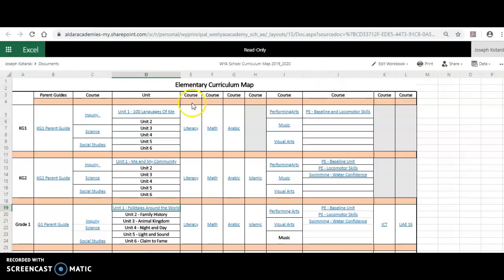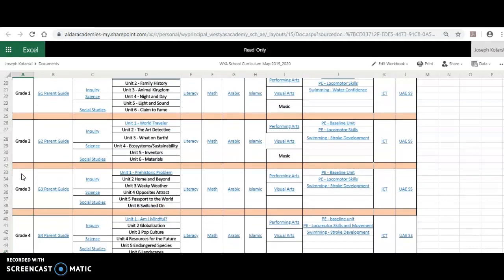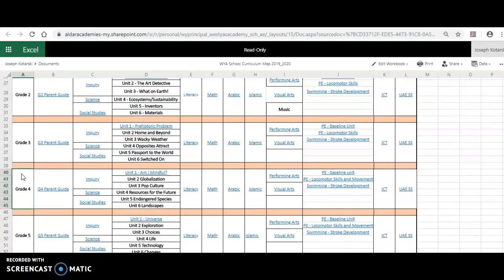The purpose of this tutorial video is to share with you our whole school curriculum map. Our whole school curriculum map is organized in two ways. First, you'll see in this Excel spreadsheet, which you've been given access to, the lower school units and the upper school units. Within the lower school units, in column A, you'll find the grade levels, KG, and if I scroll all the way down to fifth grade for the elementary school or lower school,